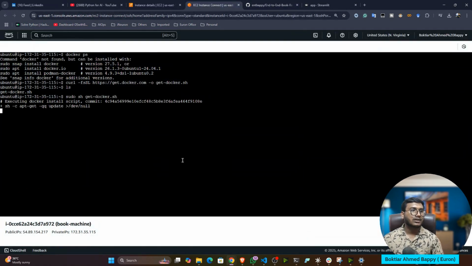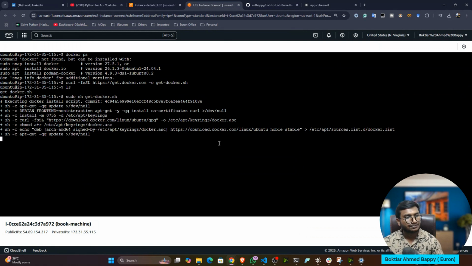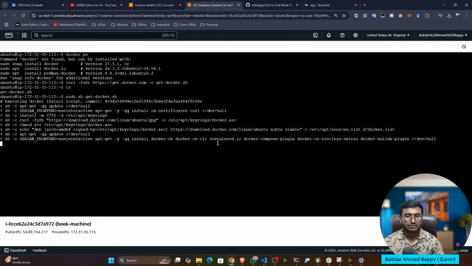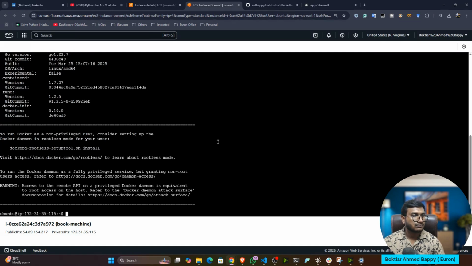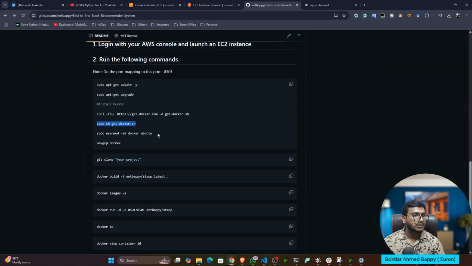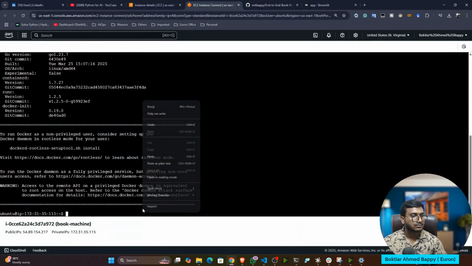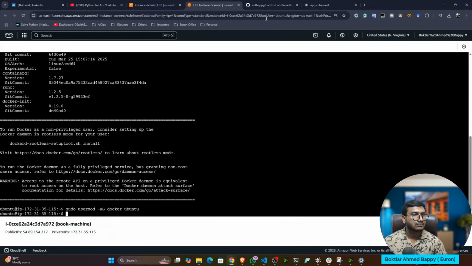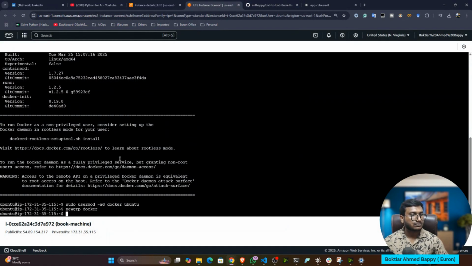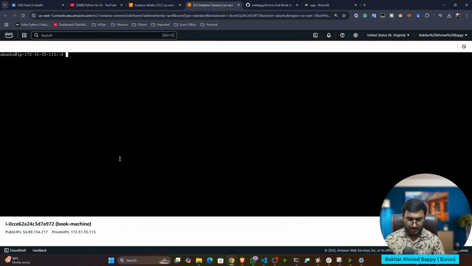In the sh file, we'll have all the commands of the Docker installation. Okay, so now next, this is the command. Now this is the last command. Done. Now if you want to test, just write docker --version.